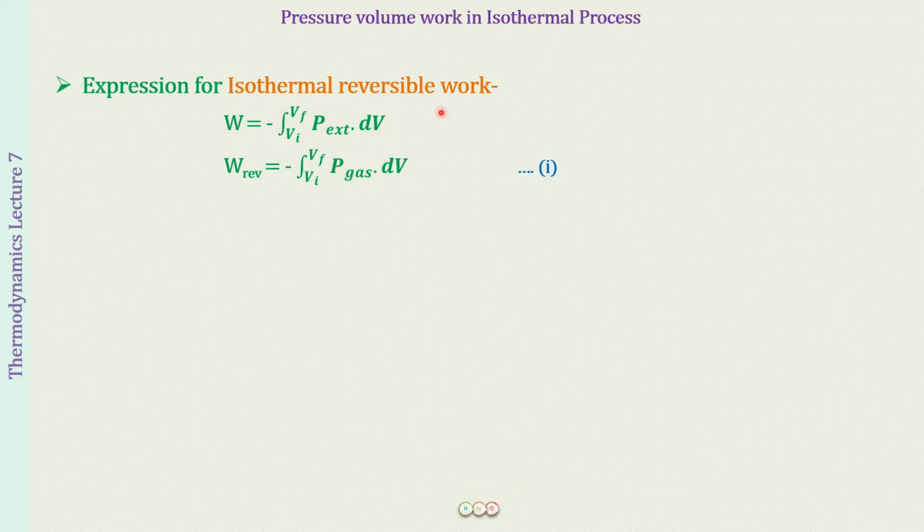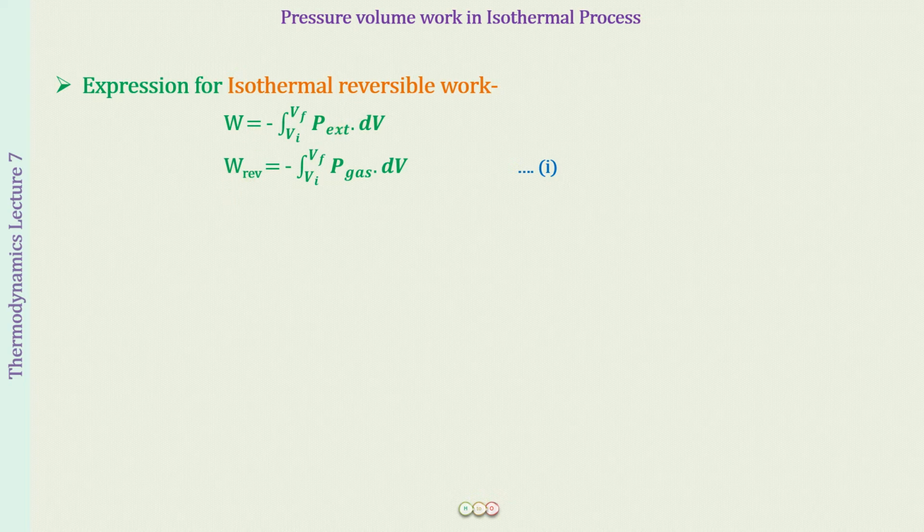How we got this as a complete derivation is what we have already discussed in the last lecture. But this is what you have to remember: in the case of a reversible process, because the process is happening very slowly, the external pressure at every step is going to be slightly different from the pressure of the gas. Such a small difference between the two that we can say that the pressure of the gas at equilibrium is going to be equal to the external pressure. Okay, so I hope this is clear.